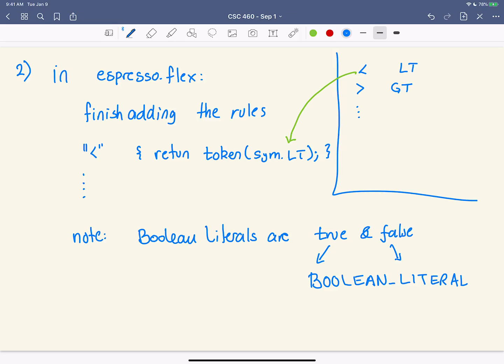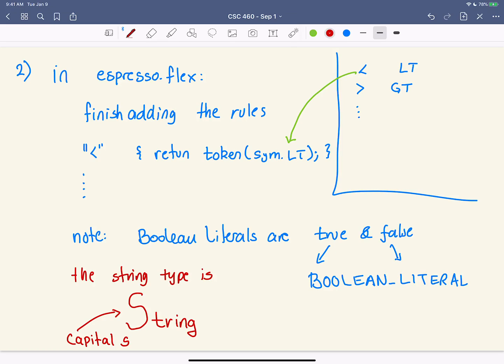literal. One other note, and please don't make this mistake because it's going to be a pain in the ass if you do. The string type is capital S. So the string name starts with a capital S, just like it does in Java.